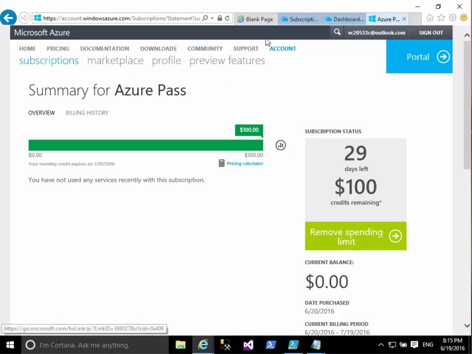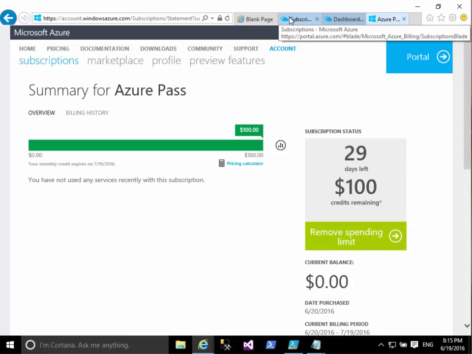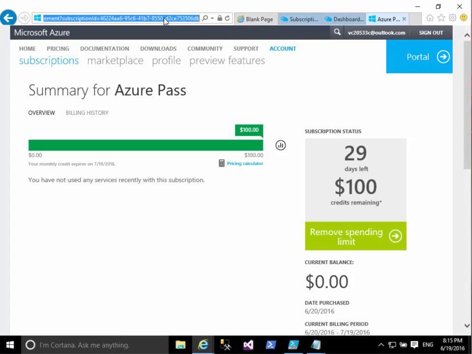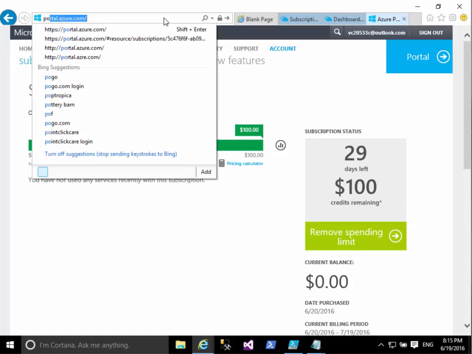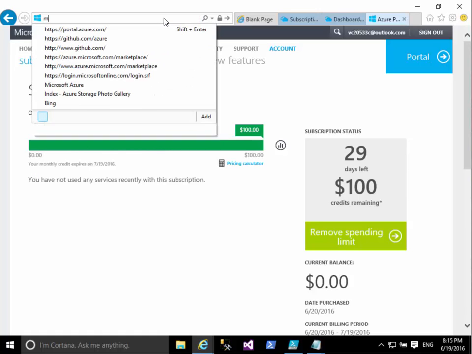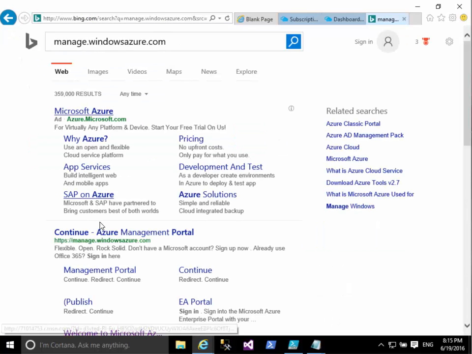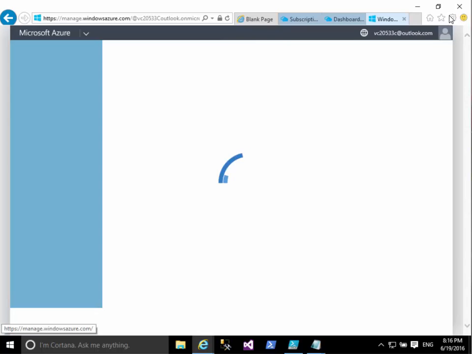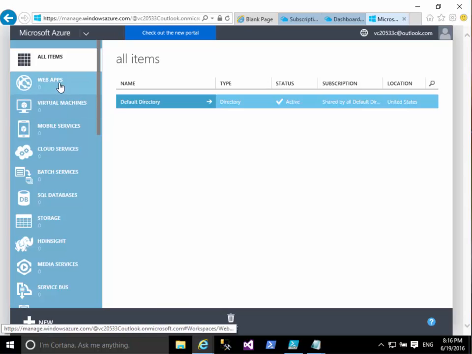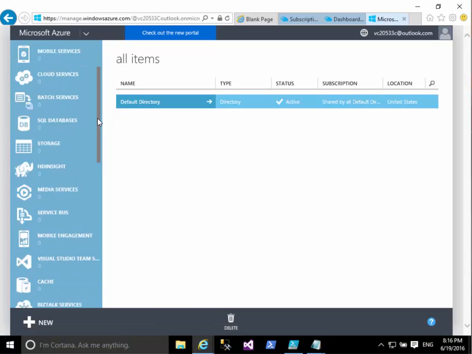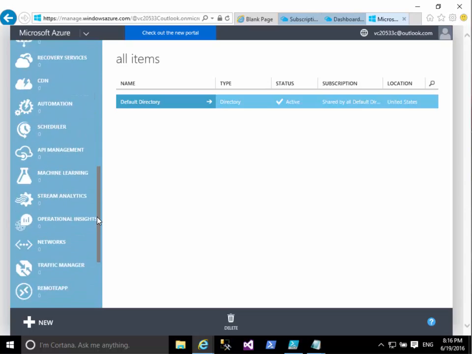Using a web browser, there are two primary websites where you can manage your Azure assets, Azure resources. The first one is the classic portal, manage.windowsazure.com. The classic portal has a list on the left hand side with all the resources that you can create,